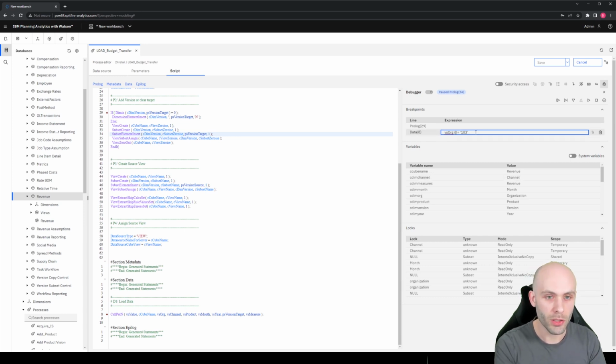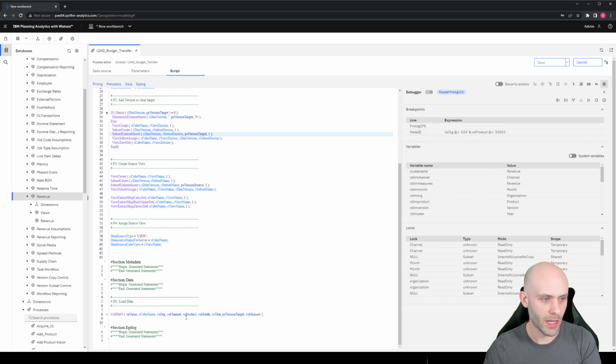I can also go a little bit further than that and use an ampersand to specify stopping on other variables also. So I only now want to stop when my org is 103 and my product is 23001. And I will add that. And we see our breakpoint symbol is now a green color instead of the sort of red-brown hue that we saw before. So now if I press continue, it skips ahead to this point, and what we see is it's